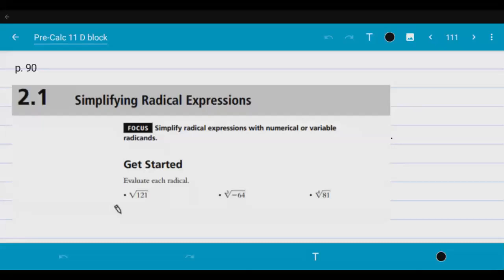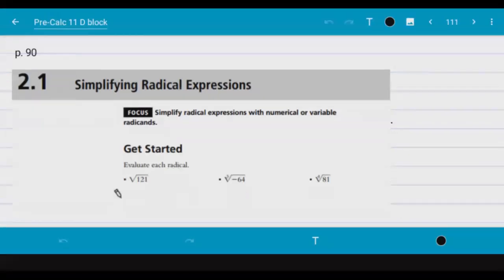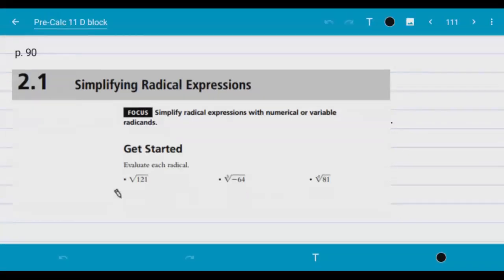So this is section 2.1 on page 290. As always, I'm going to be sharing my screen, and here we go. Simplify the radical expressions with numerical or variable radicands. To get started,